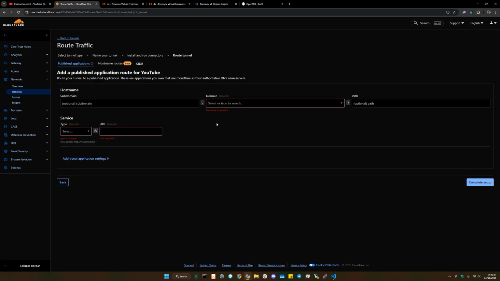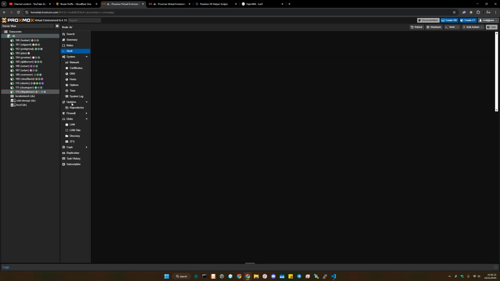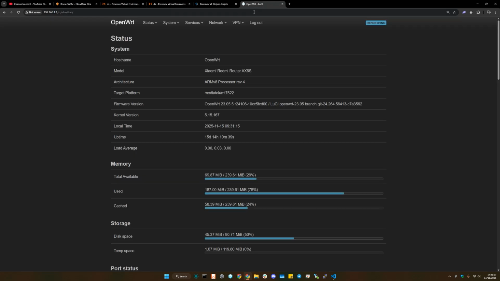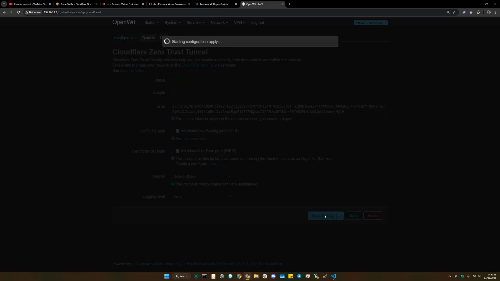And right here, if you don't have a domain, consider buying one, because everyone should have a domain name nowadays. So let's just say that we have this domain, and we can access it right here, but we can only access this because I have another tunnel running inside my router right here. So I'm going to disable this one, click save,